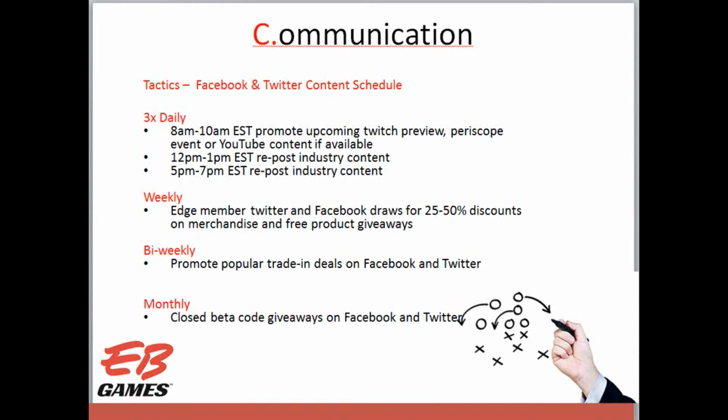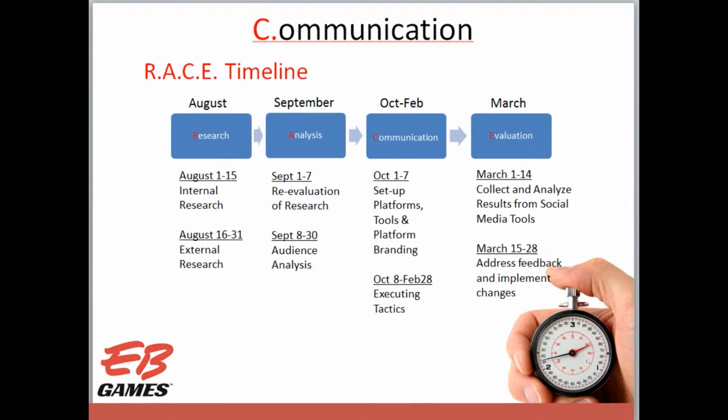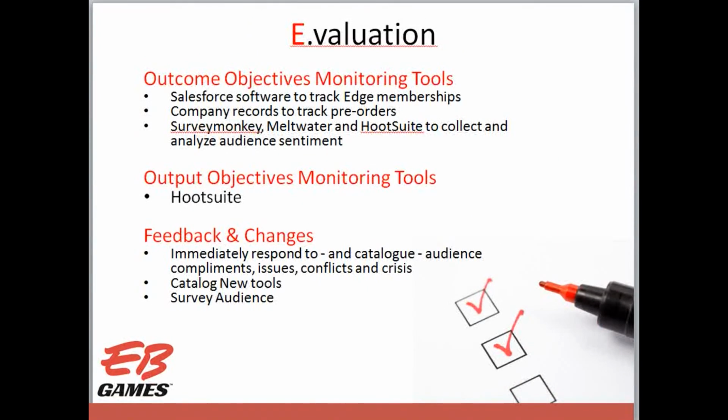Weekly, we'll have Edge Twitter members and Facebook members draws for 25 to 50% discounts on merchandise and free product giveaways. Bi-weekly, they'll do trade-in deals over Facebook and Twitter. As far as the timeline, August is the research, September the analysis, October to February communication, and evaluation will happen in March. Evaluation. So as far as evaluating, the outcome objectives will be specifically monitored for evaluation with Salesforce software to